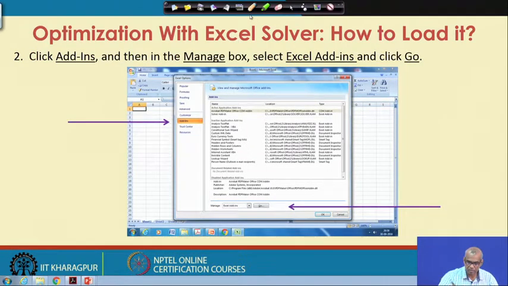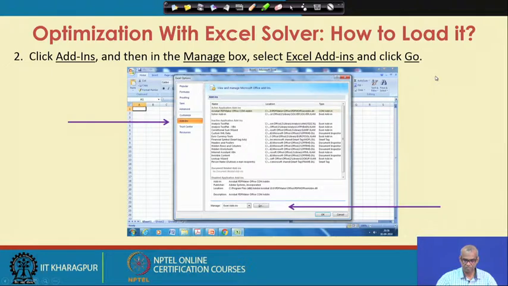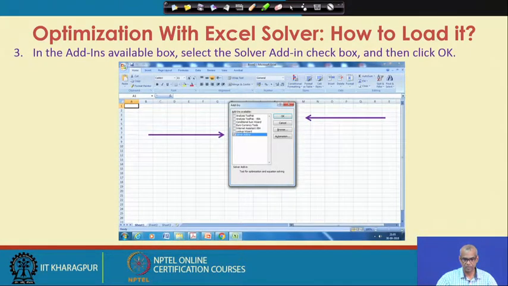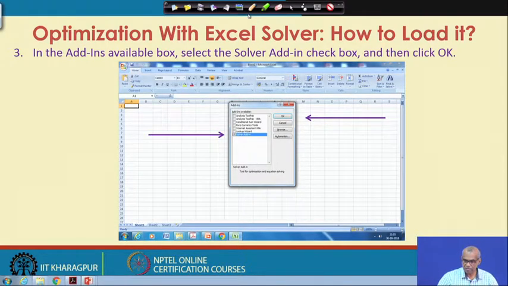Click add-ins and then in the manage box select Excel add-ins and then click go. In the add-ins available box, select the solver add-in checkbox and then click OK.